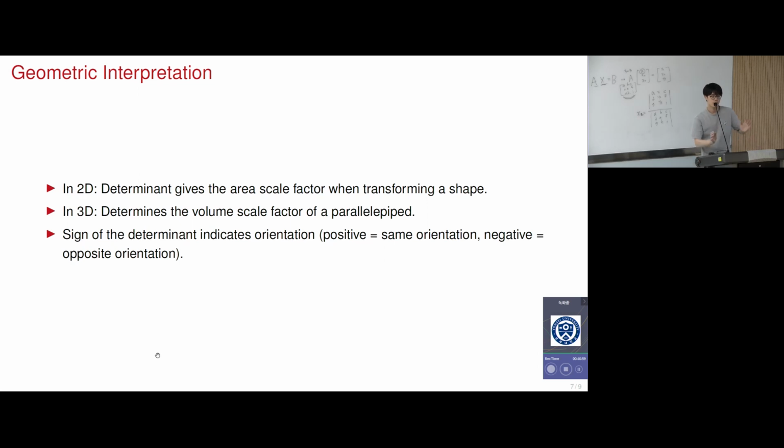So basically, when we're transforming some sort of shape in a two-dimensional world, the determinant gives the area scale factor, okay? On the other hand, in 3D, it determines the volume scale factor of a parallelepiped. So it's kind of like this. So basically,